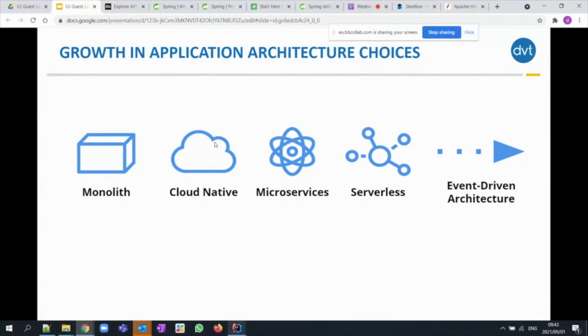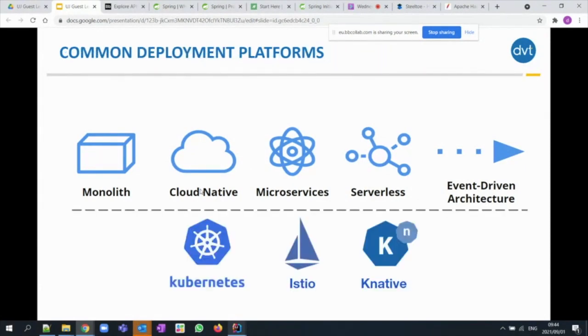We have seen that there is monolith architecture. Microservices is what we have been discussing. Serverless is something that we saw on one or two slides. Then event-driven architecture was around the pub-sub mechanism, the publishing and the subscribing of things. Cloud native is when you want to run your entire application in a cloud instance. But the challenge that has started to happen in cloud instances is now,